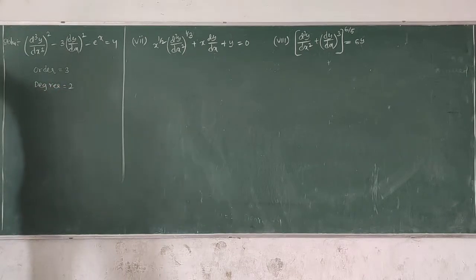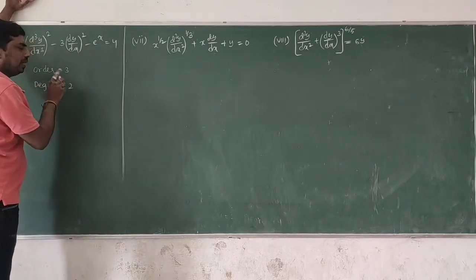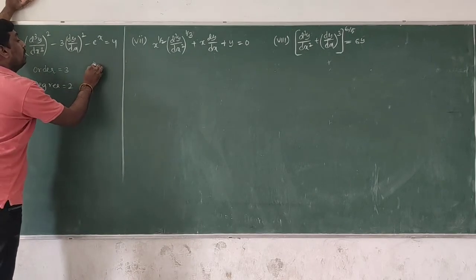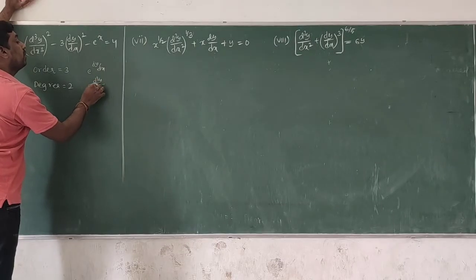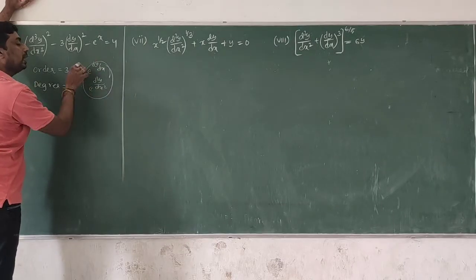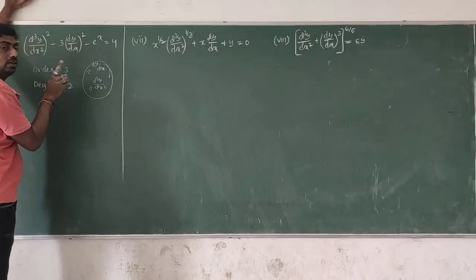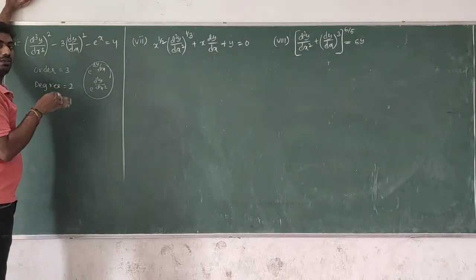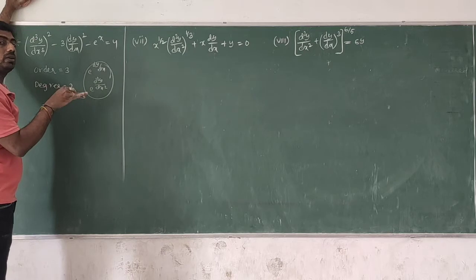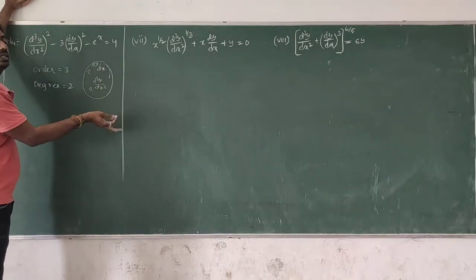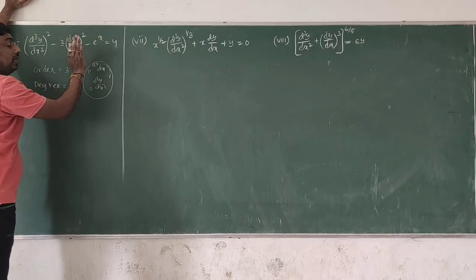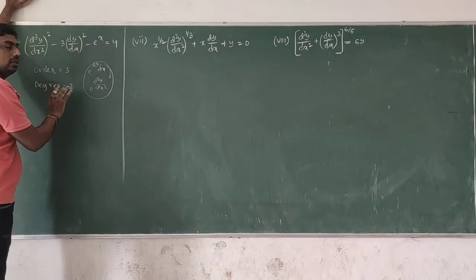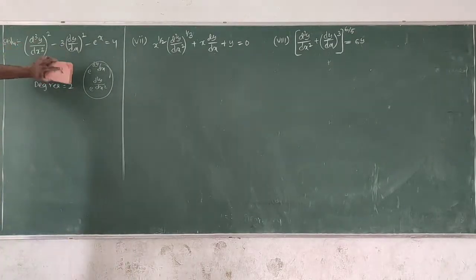It's very clear. Your doubt is e power x. Yes, e power x is there, but if we have e power dy by dx or e power d square y by dx square, in such cases degree is not defined. In logarithmic terms we have dy by dx, that's why in that case degree is not defined. But here clearly only x is there, no derivative terms are in the exponential terms. That's why degree 2. Clear? Right.